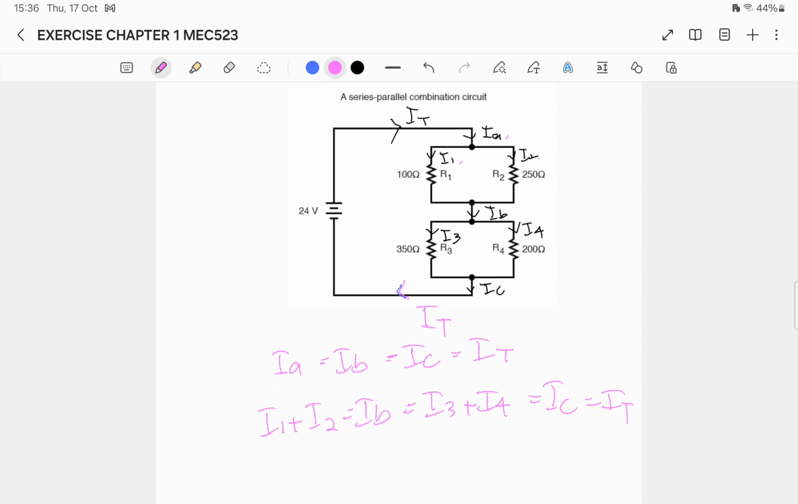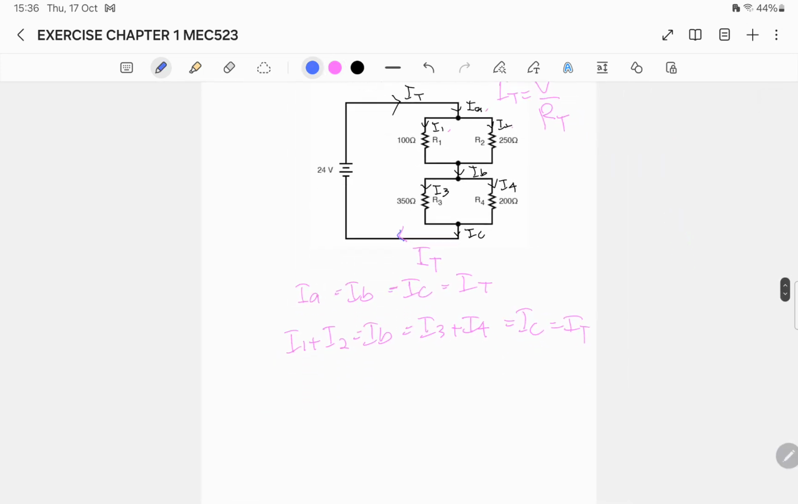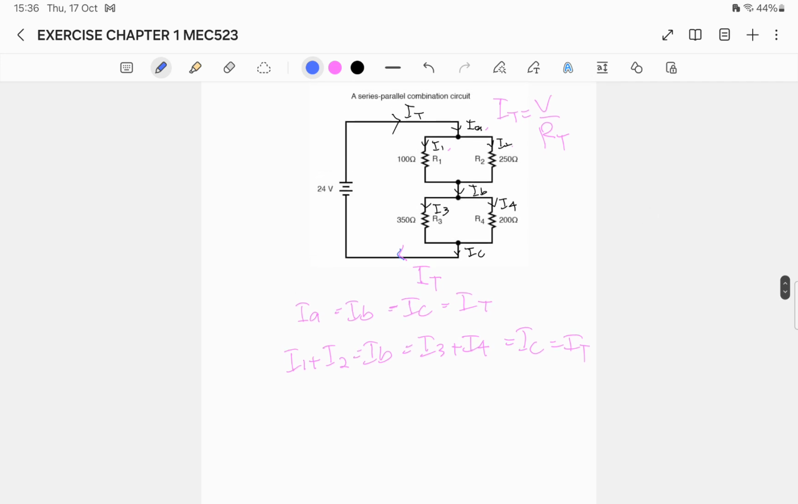Yes. I total equals to V over R total. I want the R total. R total. Berapa value R total? R total equals to